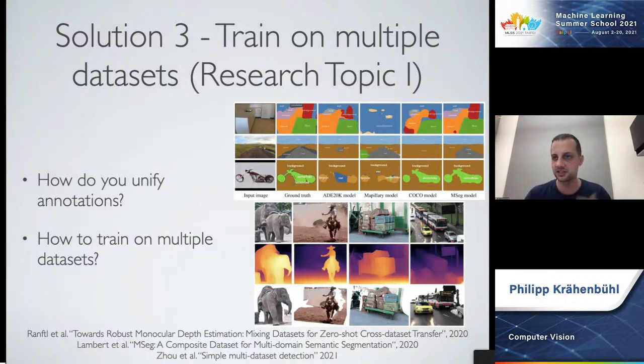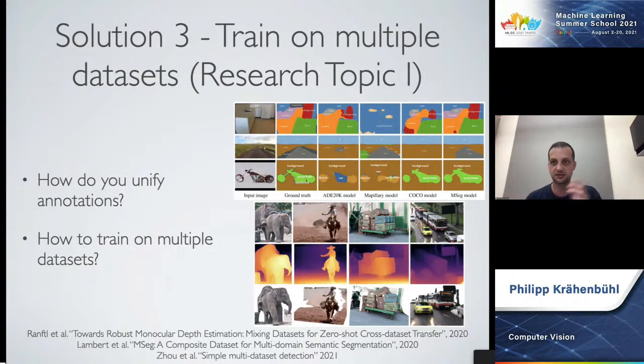Now, the first two attempts at this have been largely manual. There is a data set called MSeg, which combines lots of different semantic segmentation data sets. What they did is spend about half a year coming up with a common taxonomy and cleaning up individual data sets to match that common taxonomy. That has shown to be extremely successful in getting better semantic segmentation models. Obviously, the question is, if somebody creates 5 or 6 more data sets, can you start to merge these data sets automatically, or do you always have to do the manual labor?